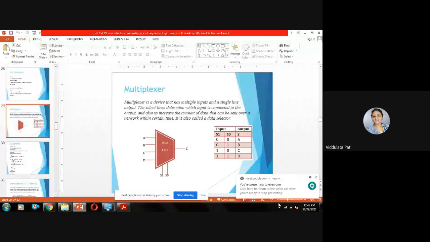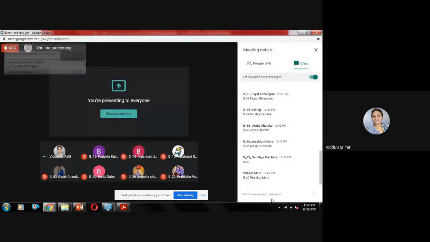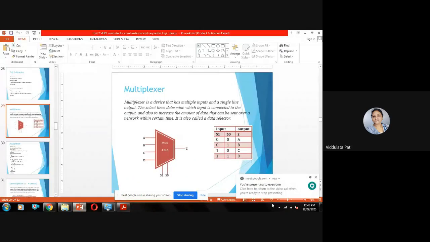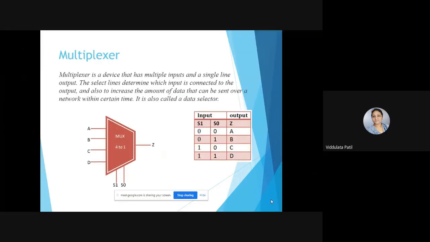So this is a multiplexer symbol, where it has four inputs and there are two select lines. A, B, C, and D are the four inputs.